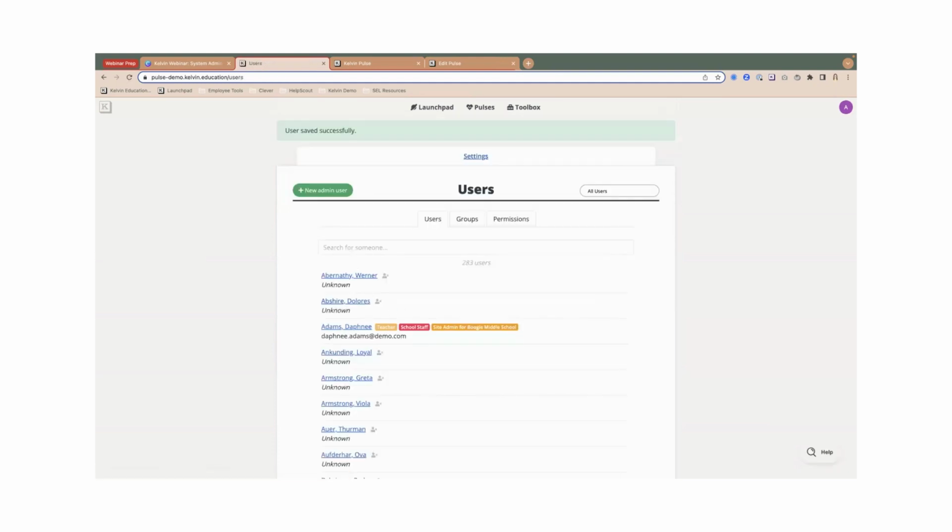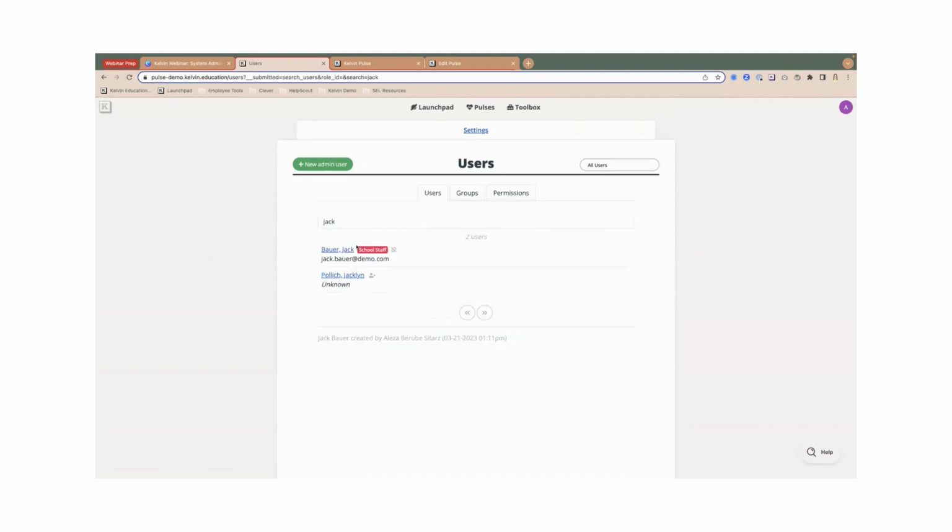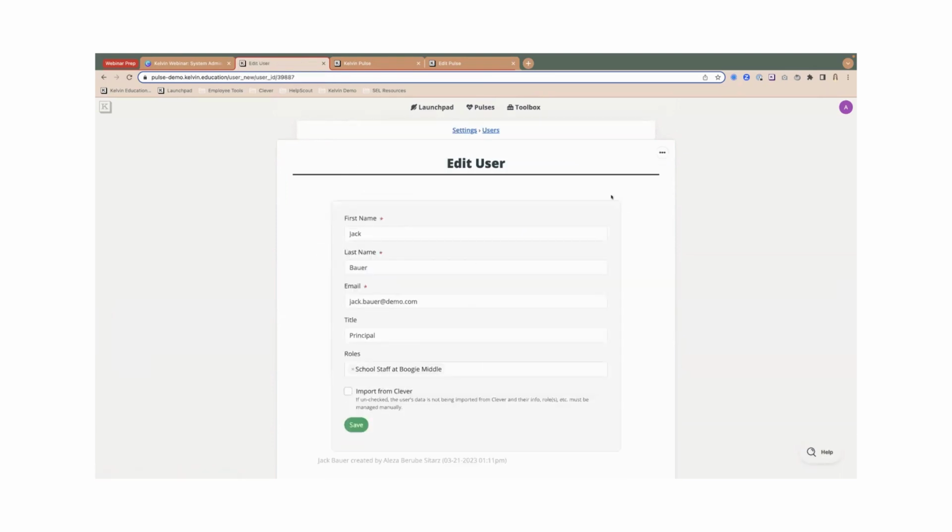And one thing to note when you manually add an admin user is that you also need to manage them manually. So if they leave that school or they leave your district, you'll need to come back and deactivate them. So I'm just going to go ahead and search for Jack, who I just added. You'll notice this unlink button or icon next to it shows me that they're not being imported in. If I click on Jack, I can come up here at the top,